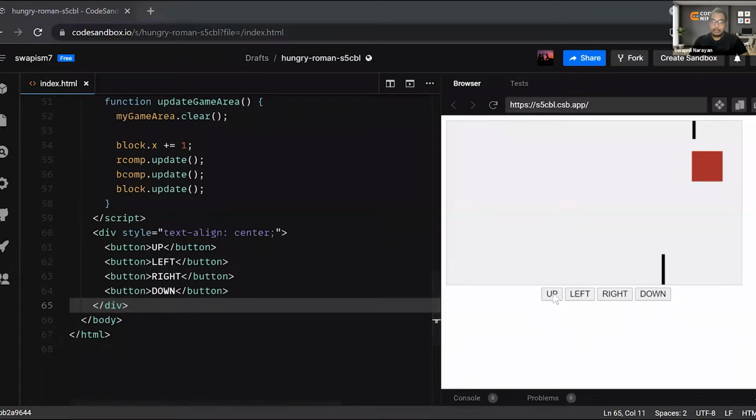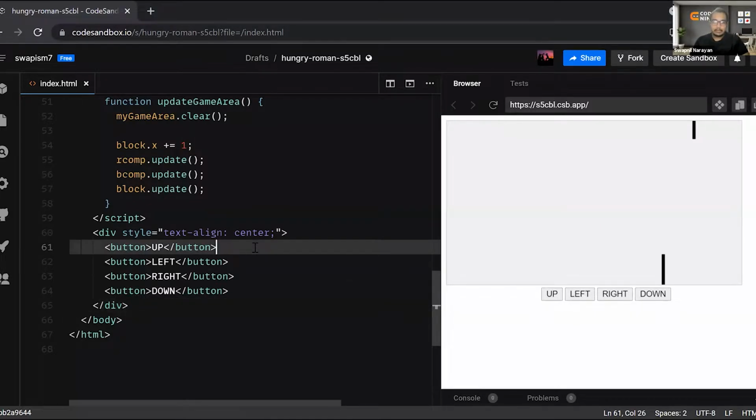So whenever I am playing a game, in this particular keyboard you can see the up, left, right, and down keys are aligned in some way, right? It's not like the complete thing is laid out as up, left, right, down in one line. It doesn't look good. So let me add some tweaks over here.